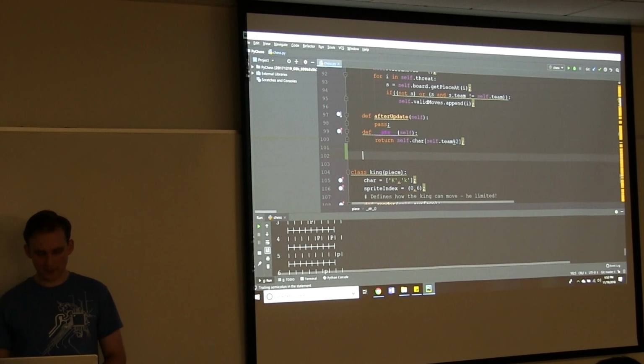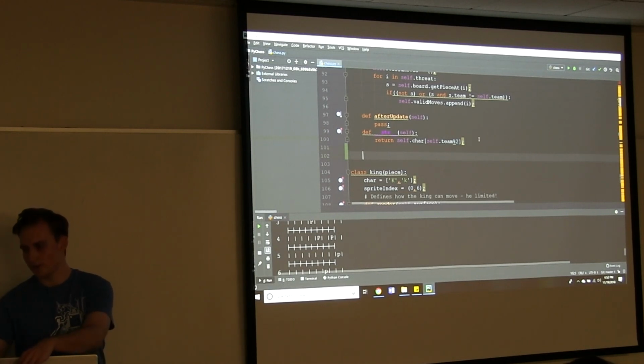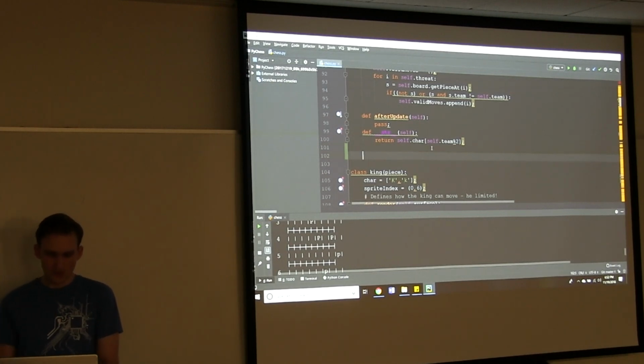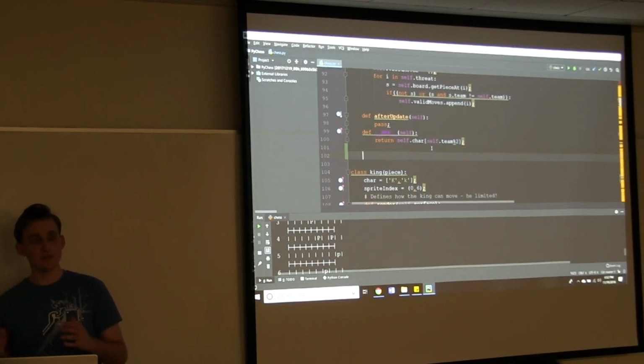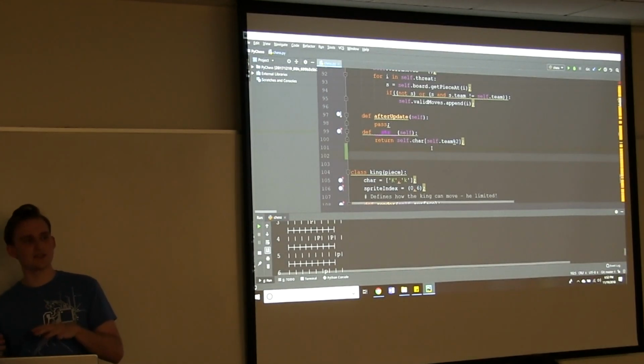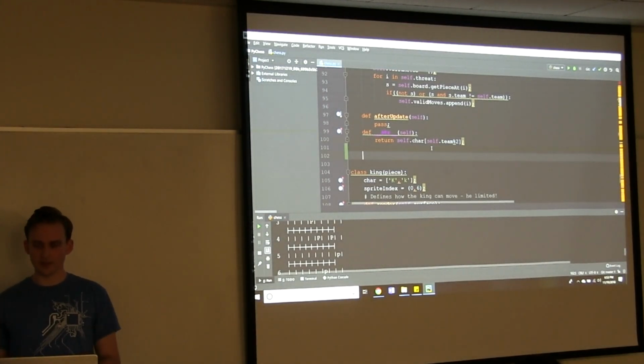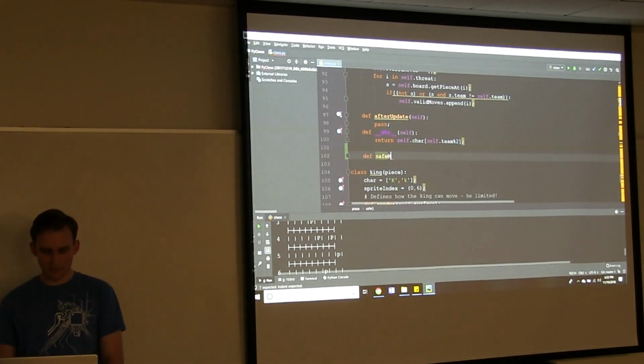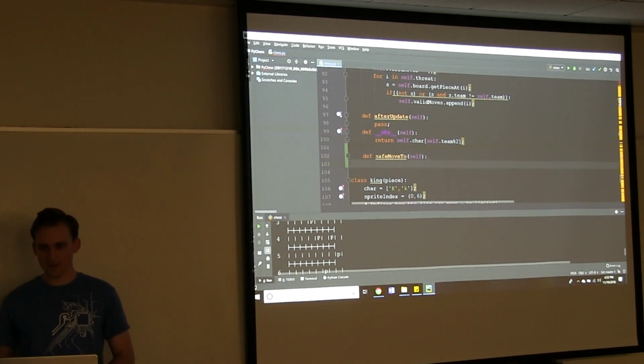Okay, so now that we're in the piece class, you're going to add a new function, which is different from the regular move-to function. Like I said, the idea is we want to be able to make moves or simulate them in a way that won't actually affect the game state. It just lets us look at it and actually tell if it's better without actually affecting the game. So we're going to make safe move to, which is essentially the move to function, but not actually creating lasting consequences.